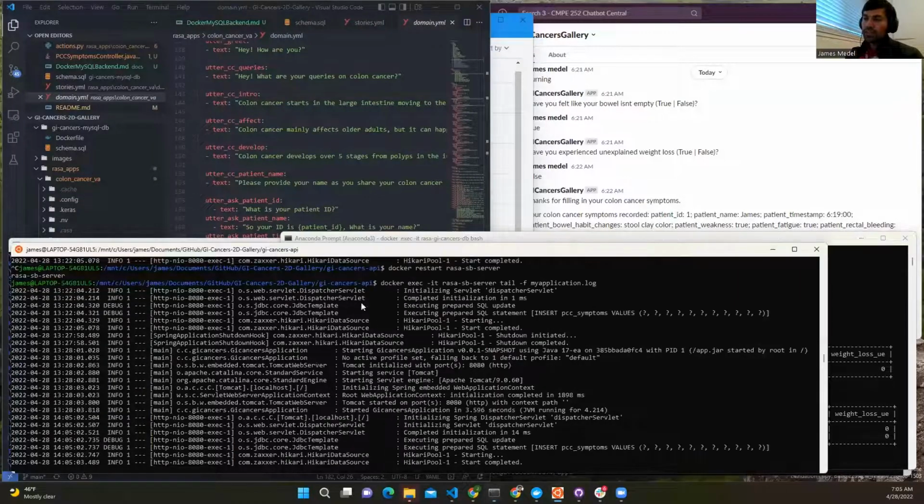And so that is Rasa chatbot running from the Shell application. In a moment, I'll show